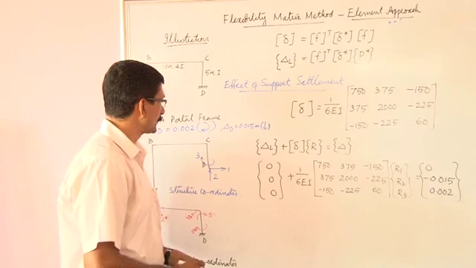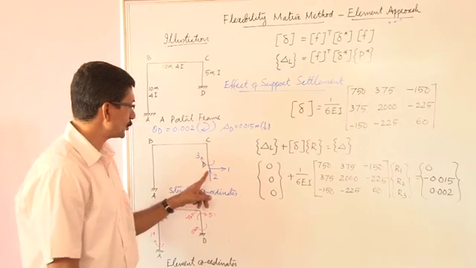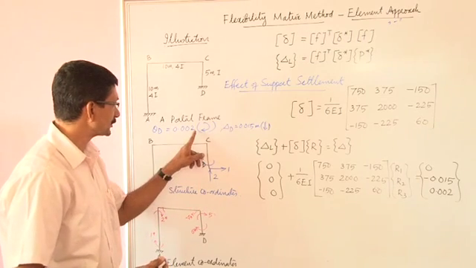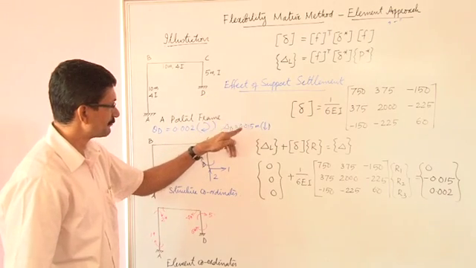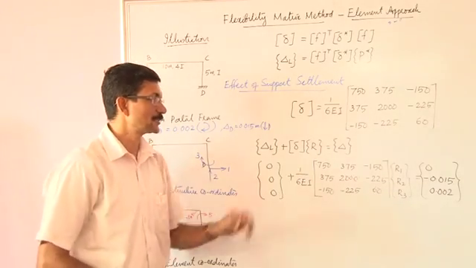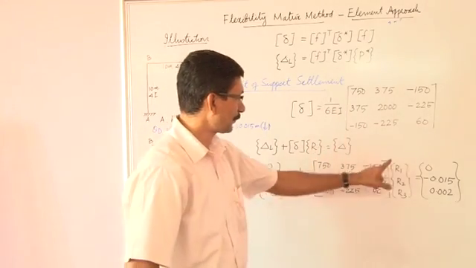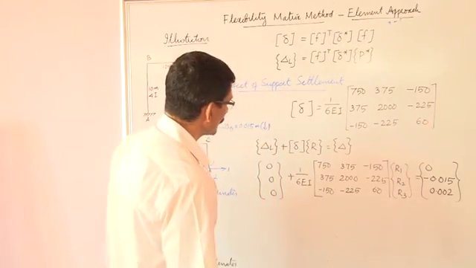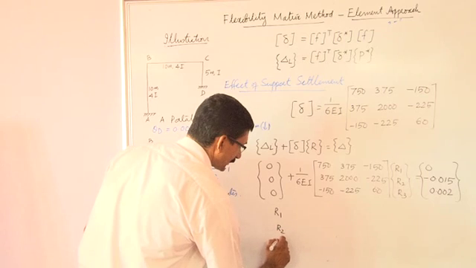Now, wherever a support settlement or rotation is specified, we have to assume a coordinate over there. That is the most important thing over here. And fortunately here, we have support settlement given corresponding to support D, a settlement of 0.015 and a rotation of 0.002. They are accommodated in this particular equation like that. Now, you can solve this equation for R1, R2, R3 by inversion of this matrix or by solution of three simultaneous equations. Well, if you do that, we are going to get R1, R2, R3